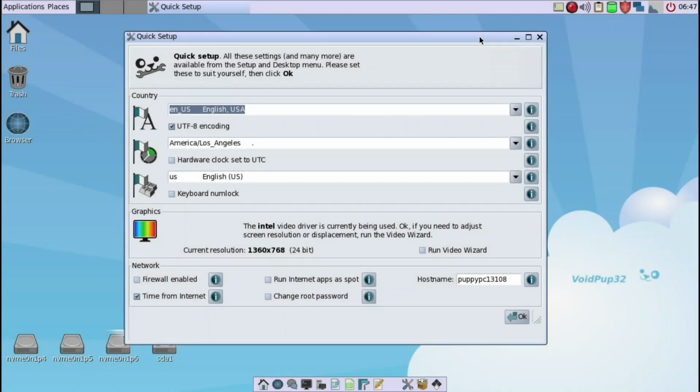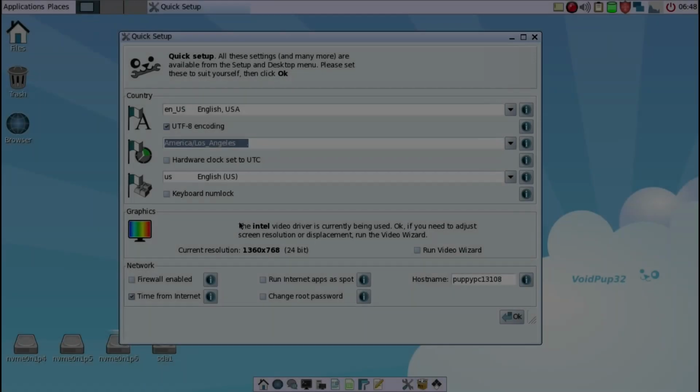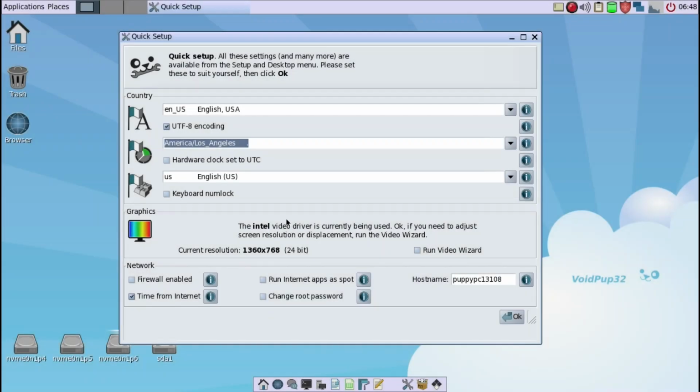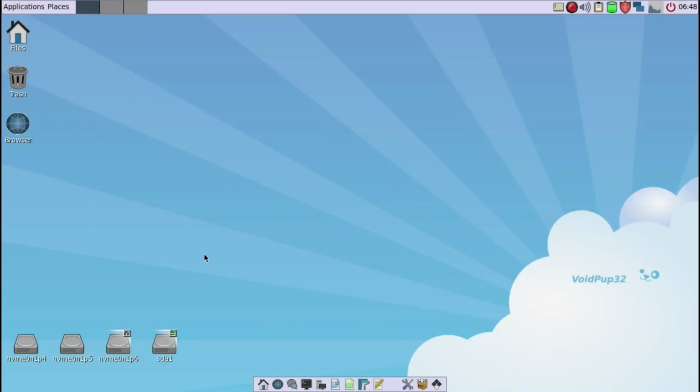Now, if everything went okay after you type in xwin on the last screen, you should come to this quick setup, and you'll notice that it has an Intel video driver rather than the default modesetting driver. So that's all okay, they're just confirmatory, and then we're going to go ahead and click OK. Before we first